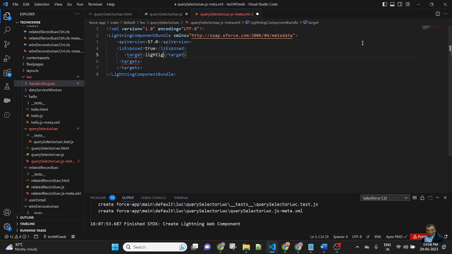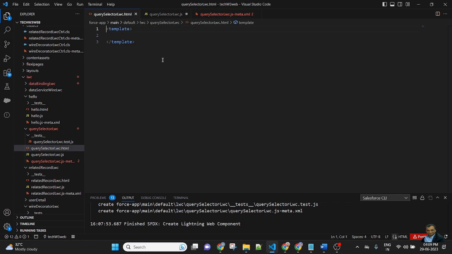Lightning app page. After that, in the template, we will display Lightning input fields.